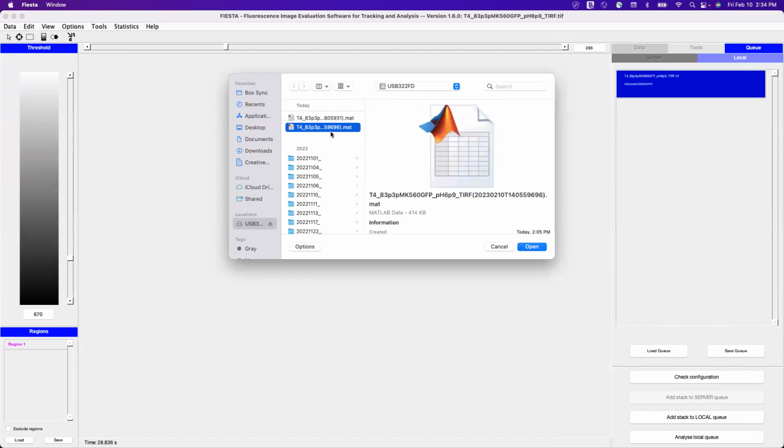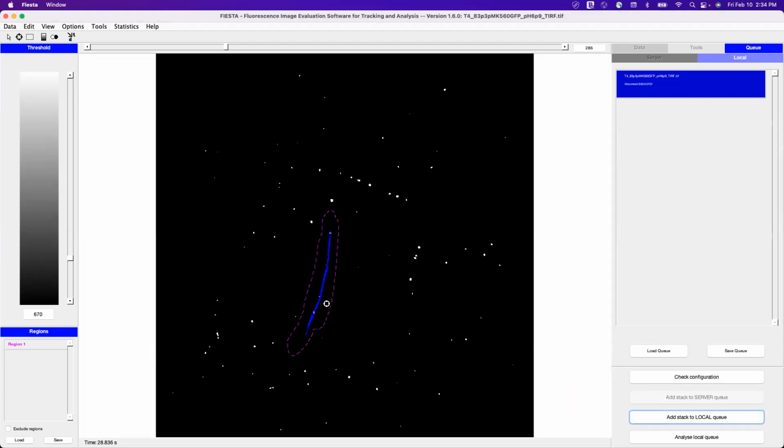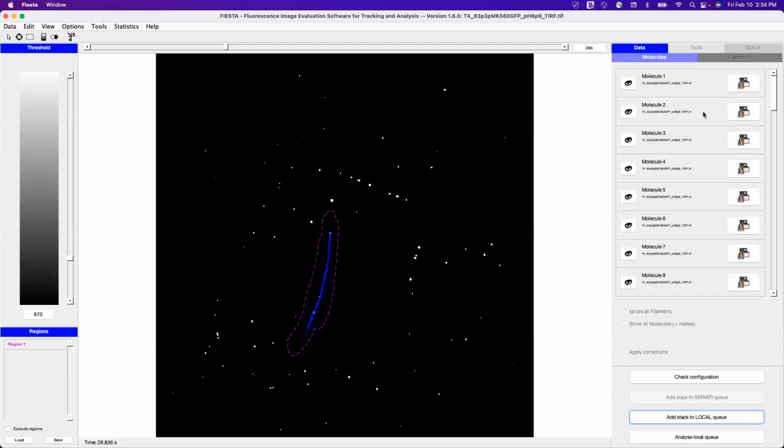It will come up as your file name with just a bunch of numbers afterwards and then be .map. So you'll select the one that it just made, go to open, and then these are all your traces. To look at the actual molecules, go over here, hit data, and these are all the molecules it tracked. To actually look at them, you can then hit this little side window,